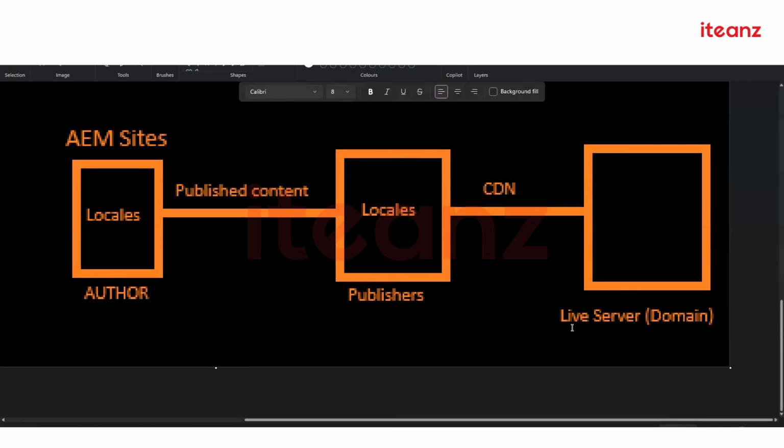In the CDN part, what is the use of CDN? We have the author, right? In the same way, we have the dispatcher also. Got it? So after publishing, we have to publish it on the live server because this is the AEM thing, right? We are having normal HTML and CSS. If you write the HTML code and publish it, save it in .html, it will be reflected in the live site. Got it? There is no performance and restriction level of